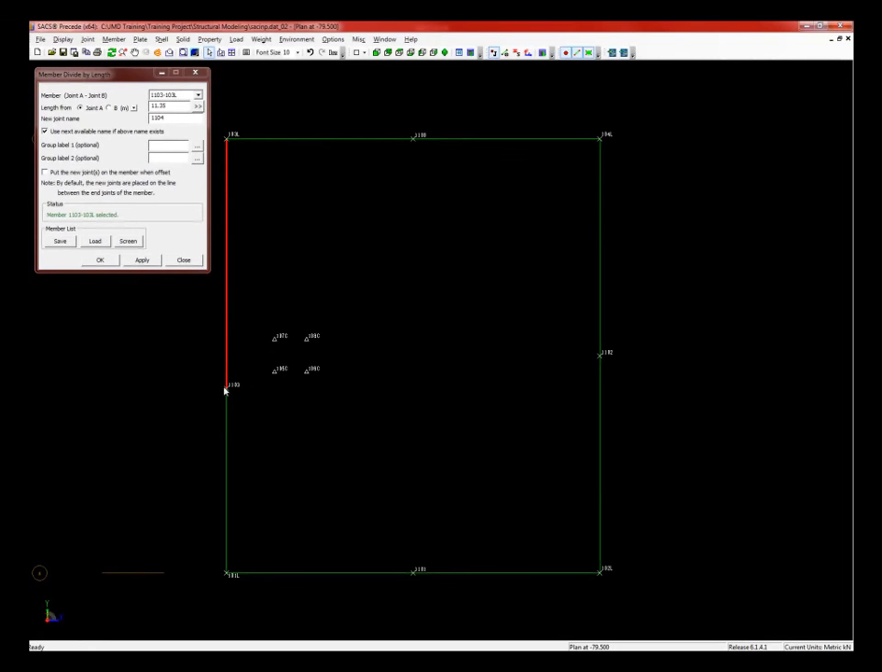Then we click on this member here. We notice from that joint to the next one should be 4. So we're going to input the length as 4. We'll apply that, and then it puts that joint. The next thing we want to do, we can add this member. So we can go to Member,